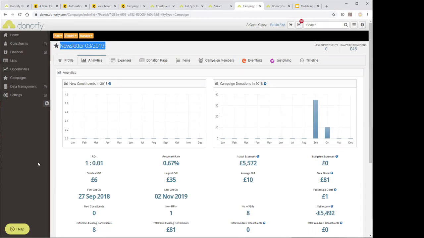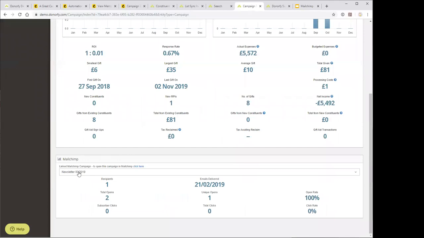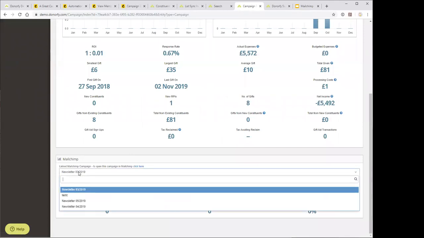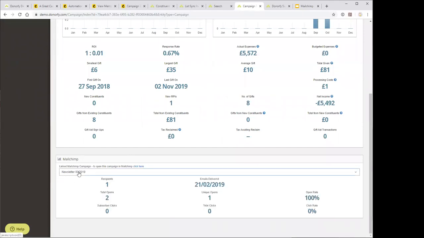And on the analytics page, if you scroll to the bottom, you have the ability to say which Mailchimp campaign this matches with, and choose the campaign. In doing so, it then pulls through the vital statistics about this particular campaign from Mailchimp. So it's not in Donorfy, but I'm pulling it through live from Mailchimp, so you can see how many people opened it, what the open rate is, and all that kind of